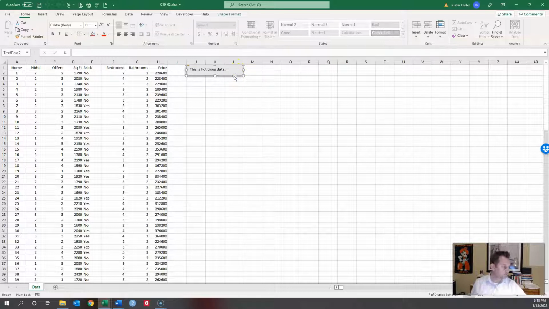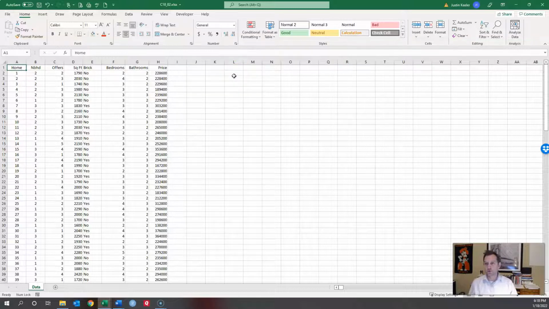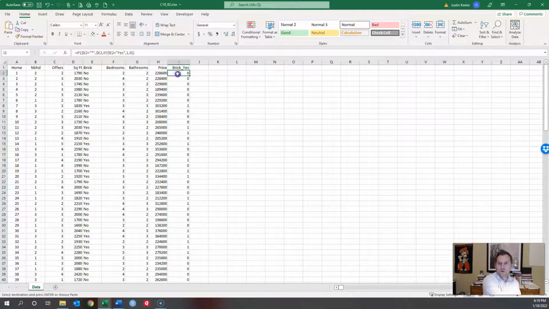Let's get this out of our way. I've already got our formulas, because we're going to have to put formulas in here. If we look at the case, it's on page 470. It's asking first, do buyers pay a premium for a brick house, all else being equal? So let me bring in some formulas. These are the if statements. The way this reads: if it's brick, and if E2